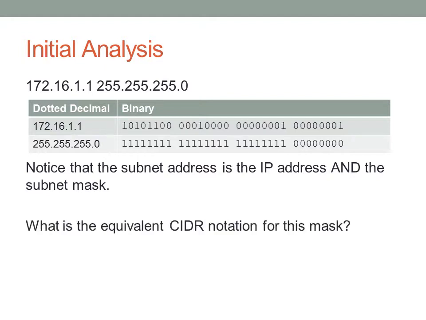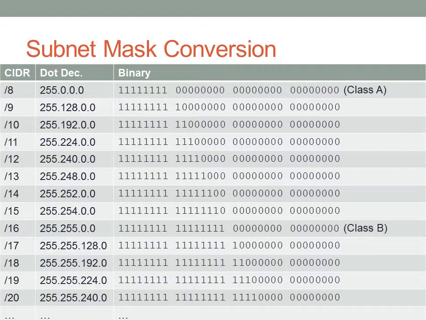Now, real quick, just as a test to yourself, what is the CIDR notation for this subnet mask, 255.255.255.0? Just note that to yourself. And you need to be very good at converting between these dot decimal notations, like what are displayed here, and CIDR notations, like what I showed you earlier, and be able to go back and forth between them. You can see here are some examples of this conversion, and you can see the /8 would be considered a class A address, and in terms of a network mask, that would be written in dot decimal notation as